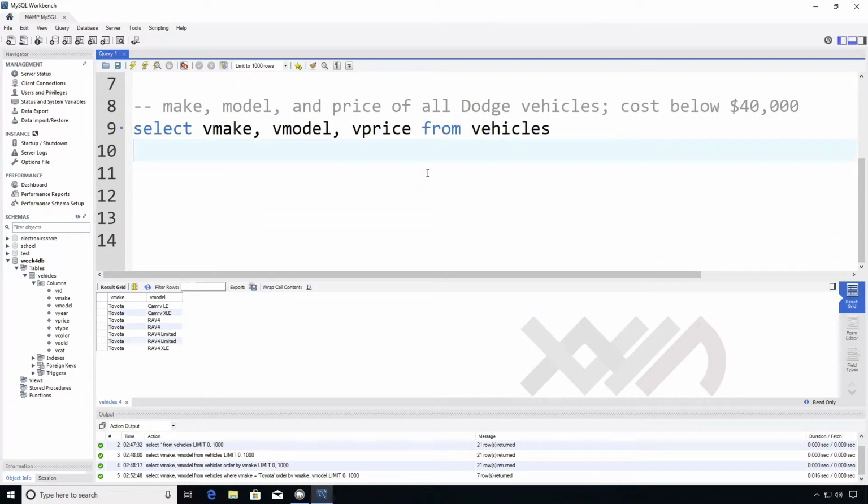All right, so from vehicles where, okay, the cost means price, so vprice. Below 40 means you're not including exactly 40,000, vehicles priced exactly $40,000. So we're going to put less than, not less than or equal to, just less than. If we want to include $40,000 Dodge vehicles, then we would put less than or equal. Okay, so we're just going to use less than